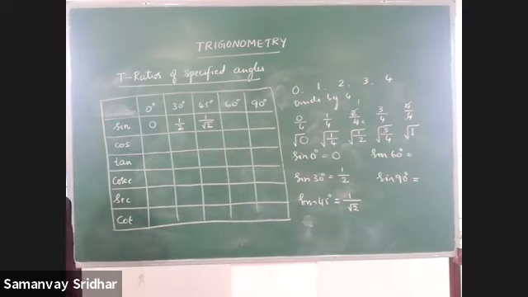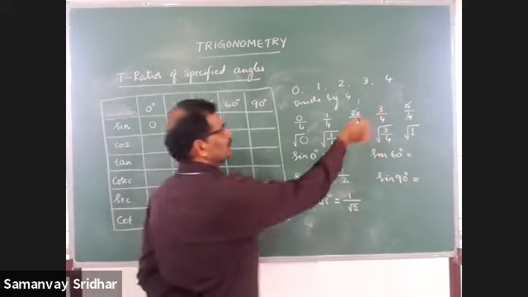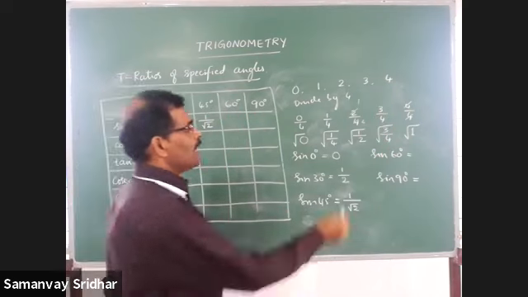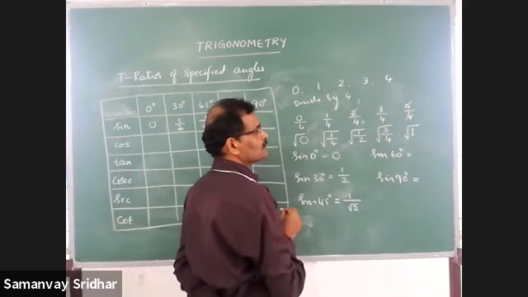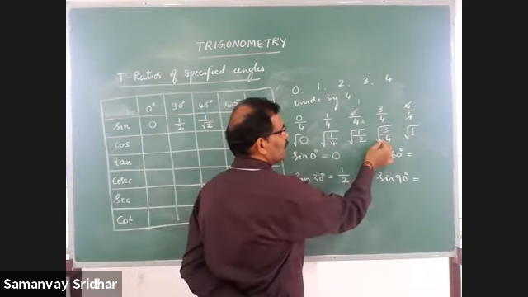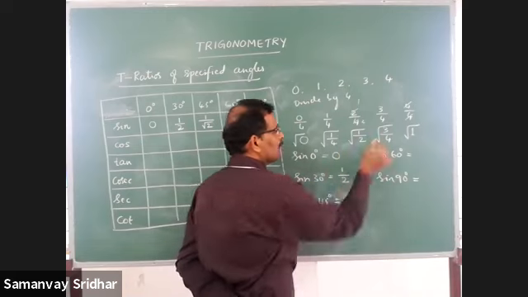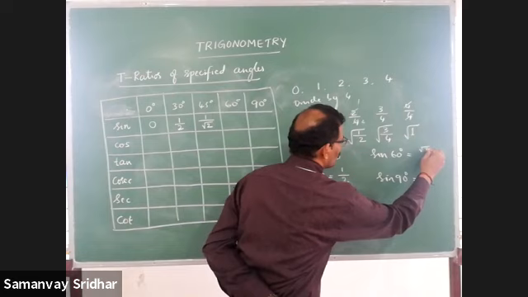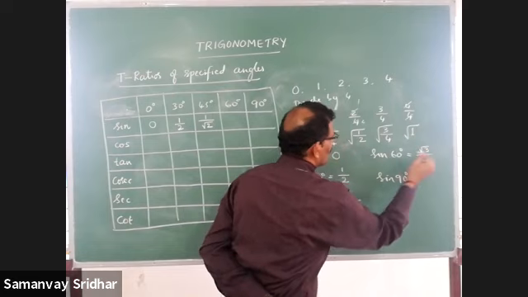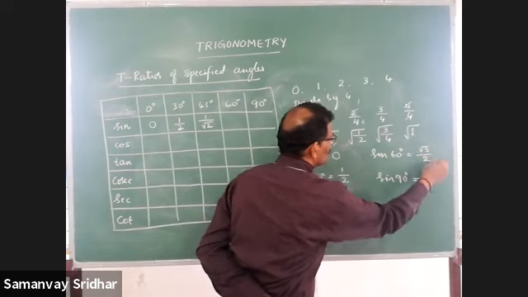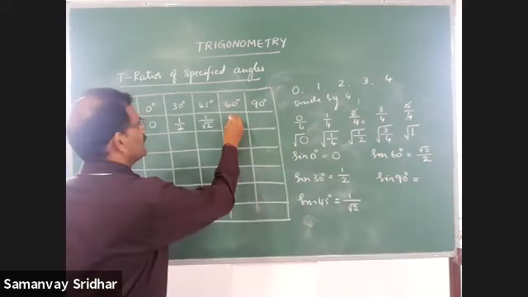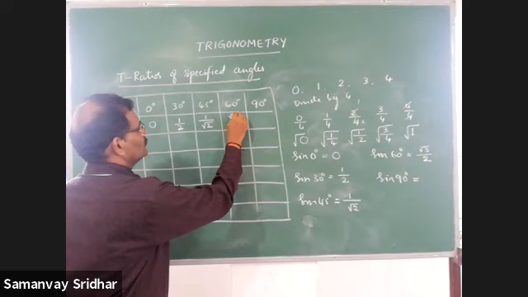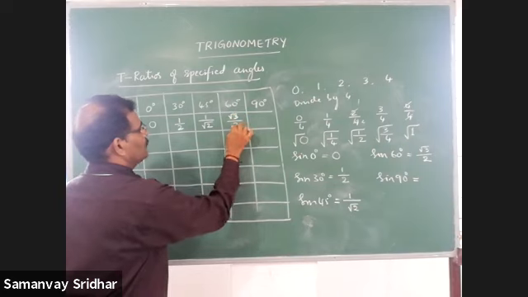Got this? Then we have to go for this. Fourth one, 3. It is what? 3 by 4. Right? Go for the square root of 3 by 4. See that, what is the square root of 3? It is not a perfect square. Therefore, root 3 itself. But the square root of 4 is what? 2. Therefore, we can say that sine 60 degree is what? Root 3 by 2.